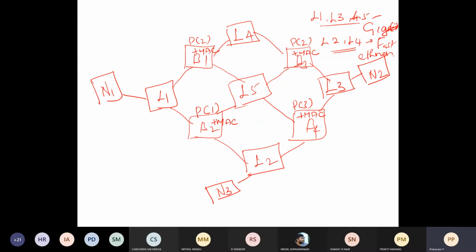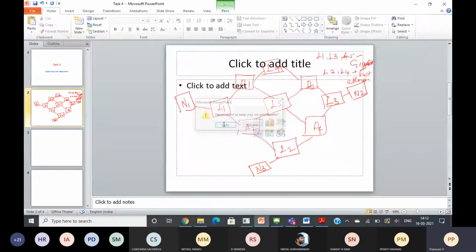So we may give any circuit like this. Then we will give the priority plus the respective MAC address. MAC address is generated by the system. So we will give priority. For example, for B2 priority is 1. For B1 priority is 2. For B3 priority is 2. For B4 priority is 3. MAC address you will get from NetSim. So this is the problem. Now we have to compute the respective root bridge, root port, designated bridge and port, then block ports to form a spanning tree. The same thing we will simulate using NetSim.